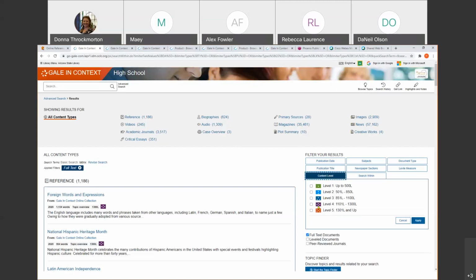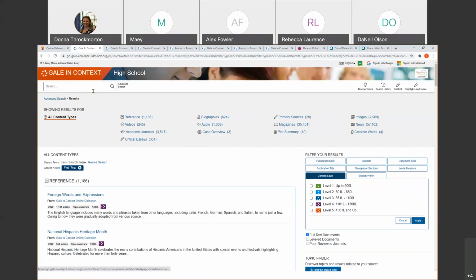Level 4 is for high school, and level 5 is for high school and higher, and then level 2 and level 1 are for the lower grades. So you can limit your search by that. You can still search within all these different references. You can sort by publication date, by subject, document type, Lexile. And again, for purposes of time constraints, I'm going to just let you explore that on your own.